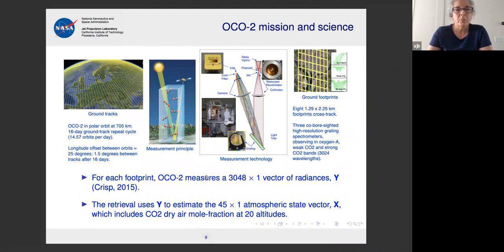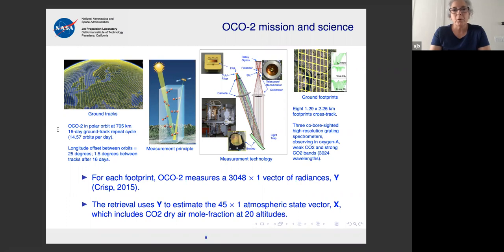All right, just a little bit more about the OCO2 observing strategy. Over here on the left, OCO2 is in polar orbit, which means it flies around the Earth from north to south, or south to north, if you like. It completes between 14 and 15 orbits a day. It's got a very narrow swath that is only about 10 kilometers wide. So every time the spacecraft goes around, the Earth is moving underneath it, and you get this sort of basketball-like pattern of the ground tracks.